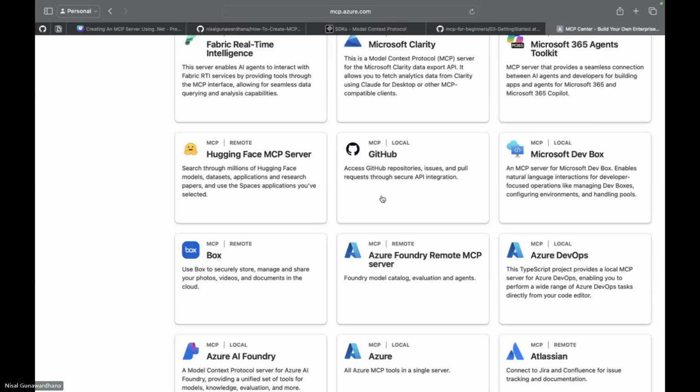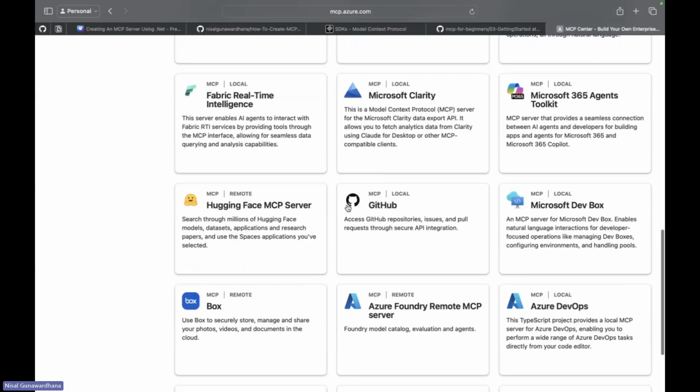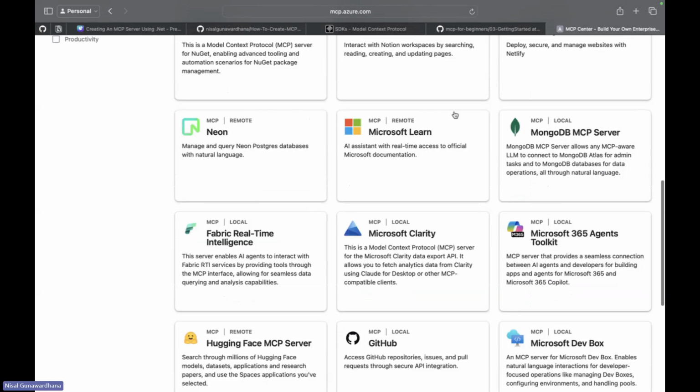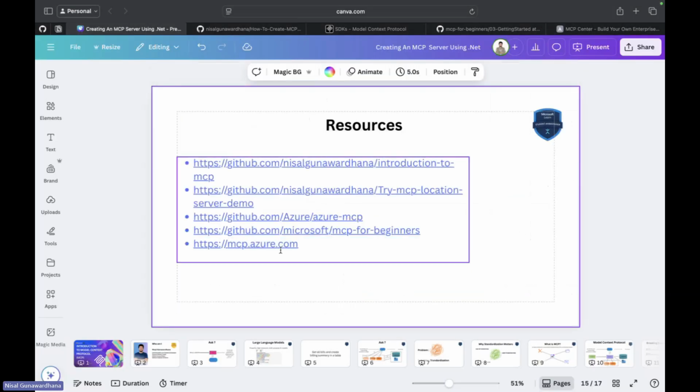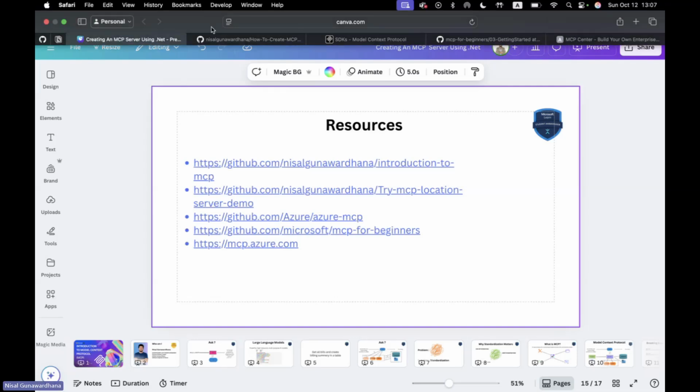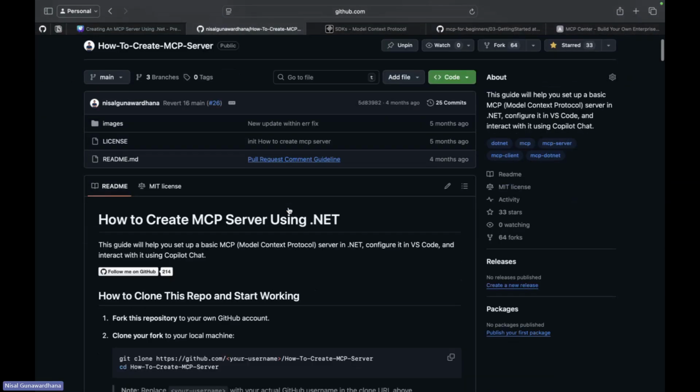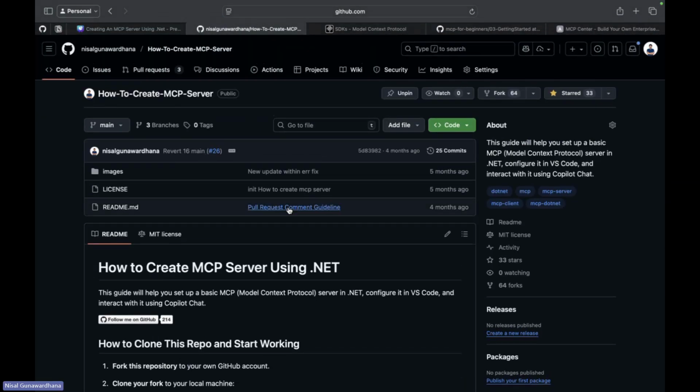So yeah, let's move on to my presentation. I'm planning to go through my MCP server code. I created this GitHub repository for learning how to create an MCP server using .NET.